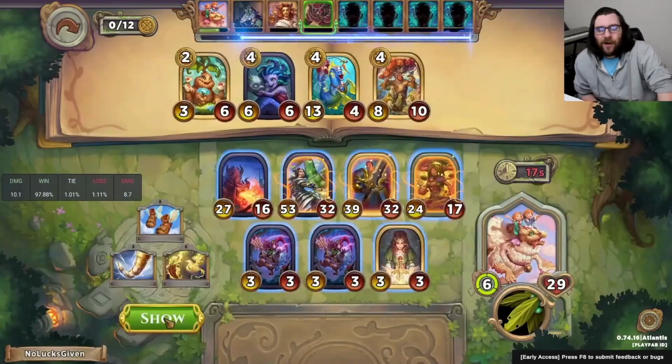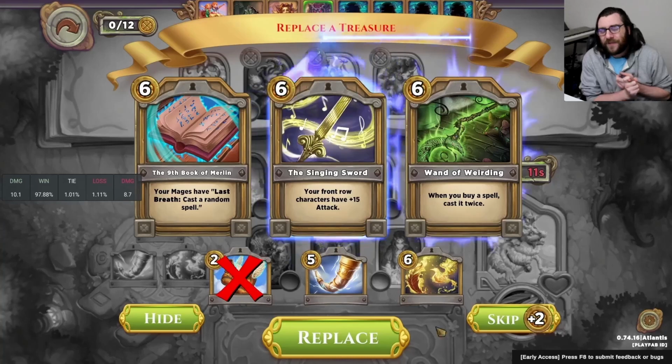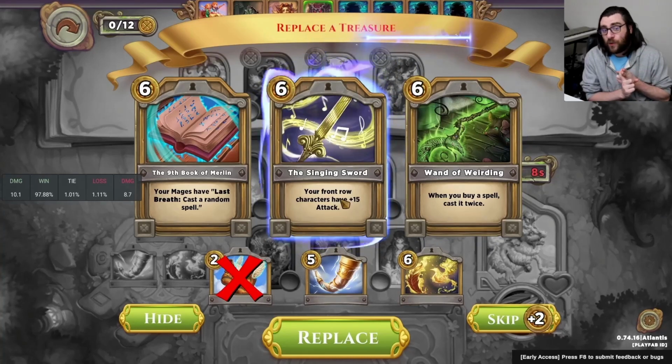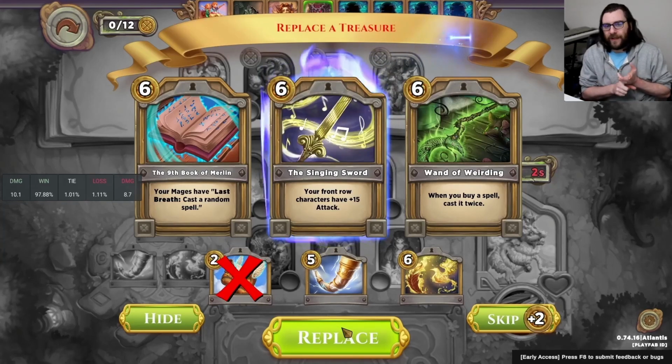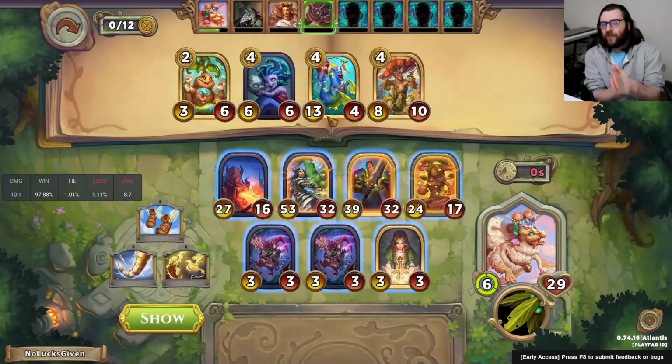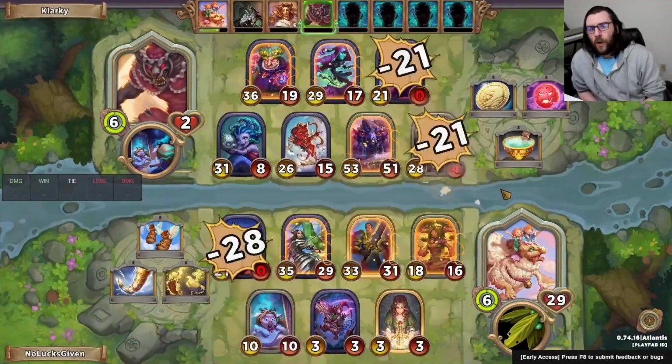I kind of like all of the treasures that we have. Now that we're running the Doom Breath, I kind of like these boots. I'm not tossing the horn, and Phoenix Feather is obviously also a really powerful endgame treasure. So I just wind up floating this treasure for the turn, and I'll make another decision once I see what